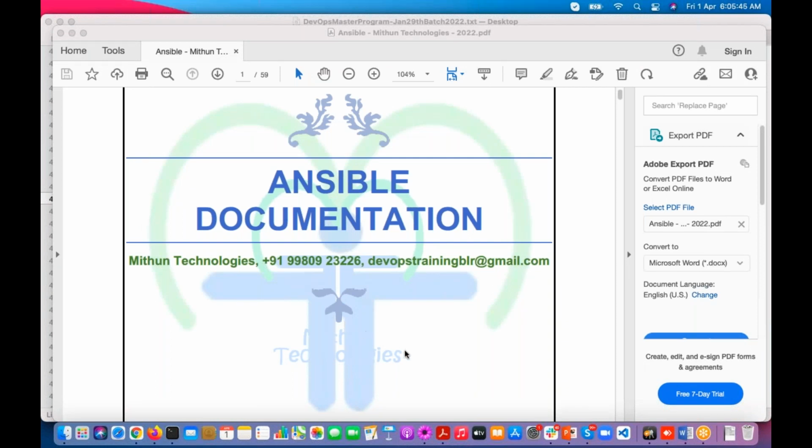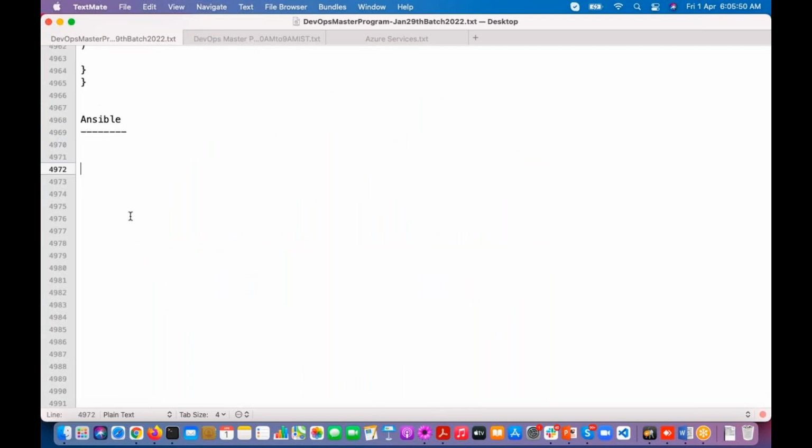Okay, so far we discussed various tools. What are the tools which we discussed so far? First we discussed Linux commands, right? Then shell scripting, then Git and GitHub. Git and GitHub come under source code management, right? Then we discussed Maven. Maven is a build tool, right? Then Tomcat, which is an application server.